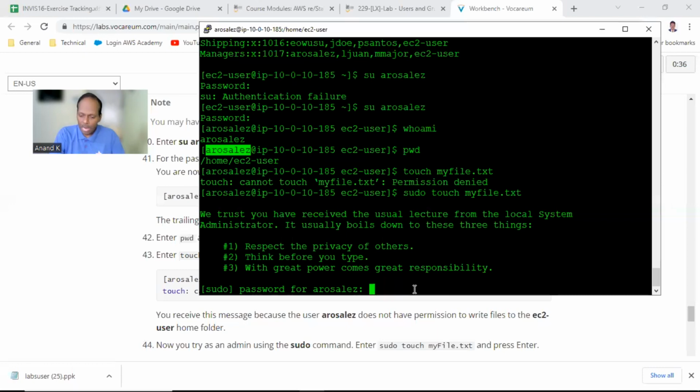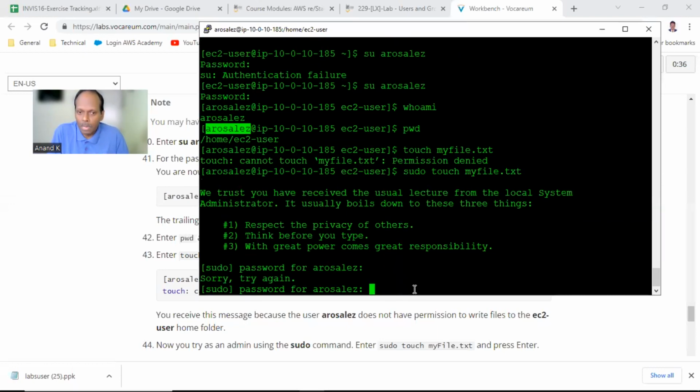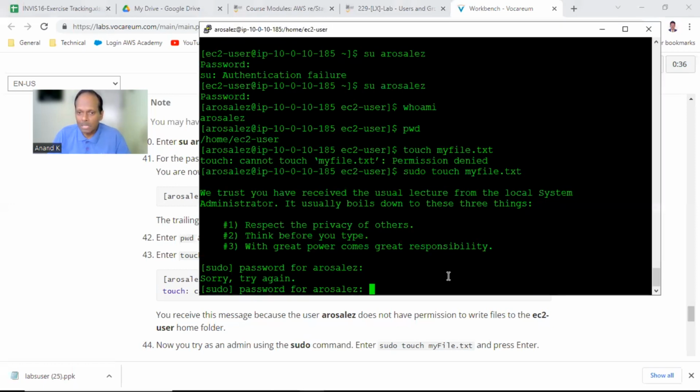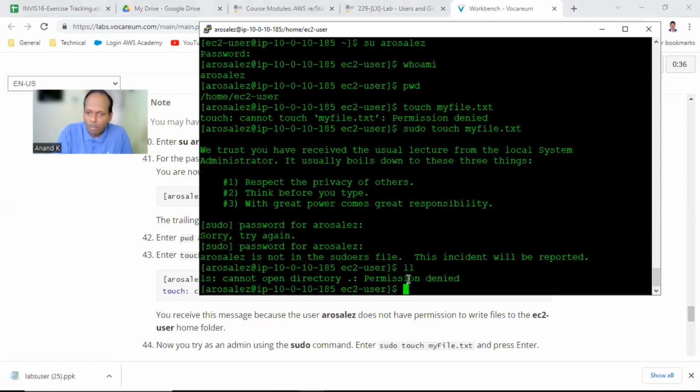Once I give that, it will take it up. Sorry, try again. I need to give the password once again. Then it will allow me to work, and sudo will be accepted. So it's not a sudoer, this incident will be reported. That's fine. But you can see